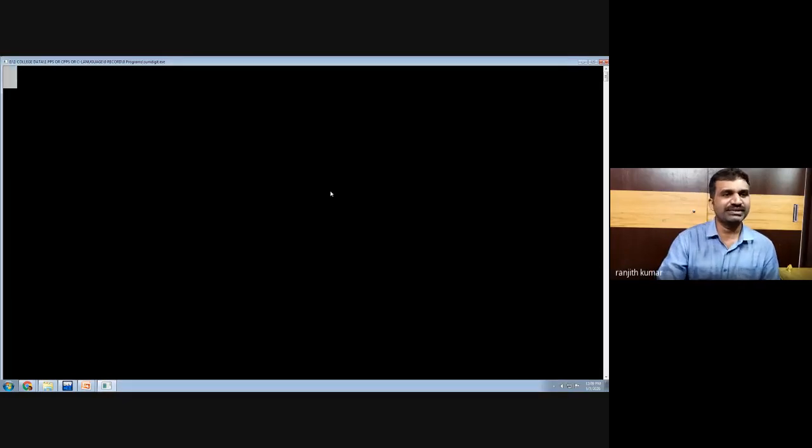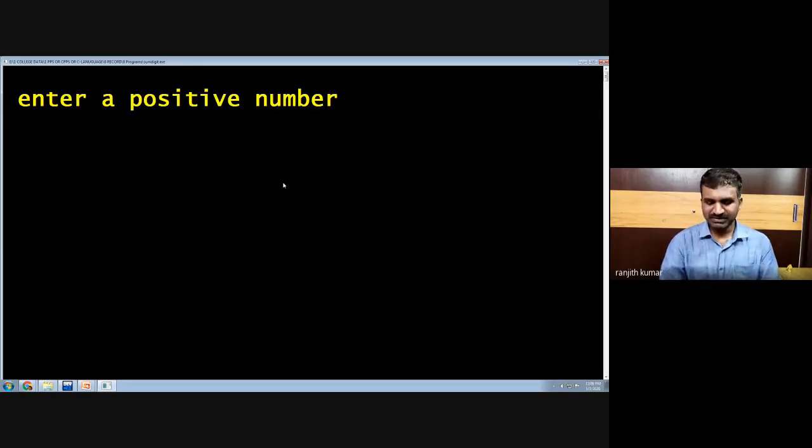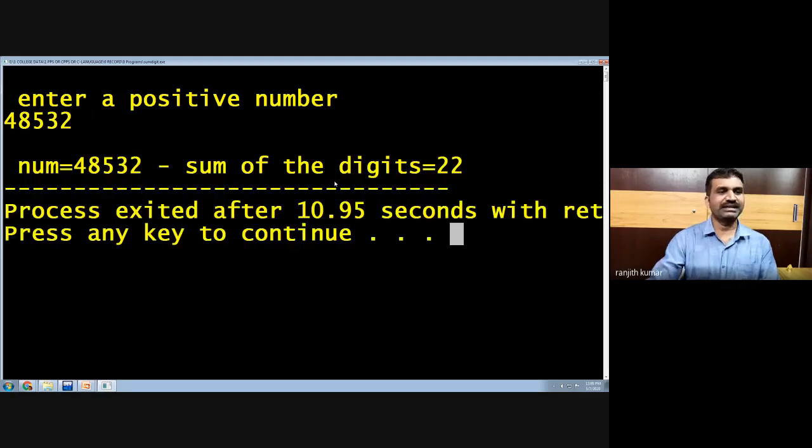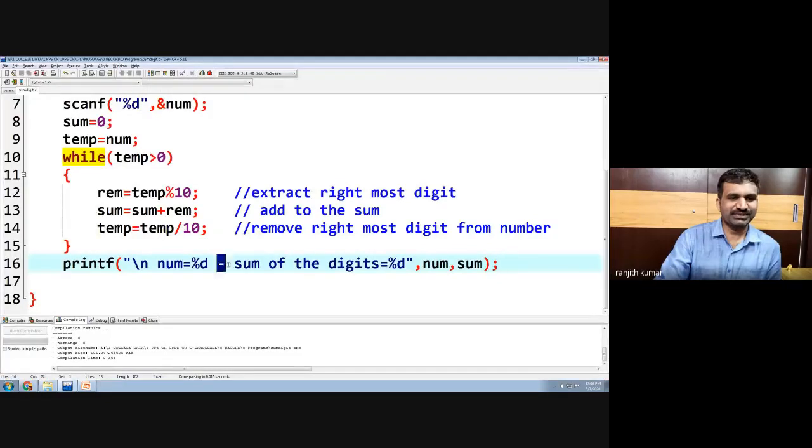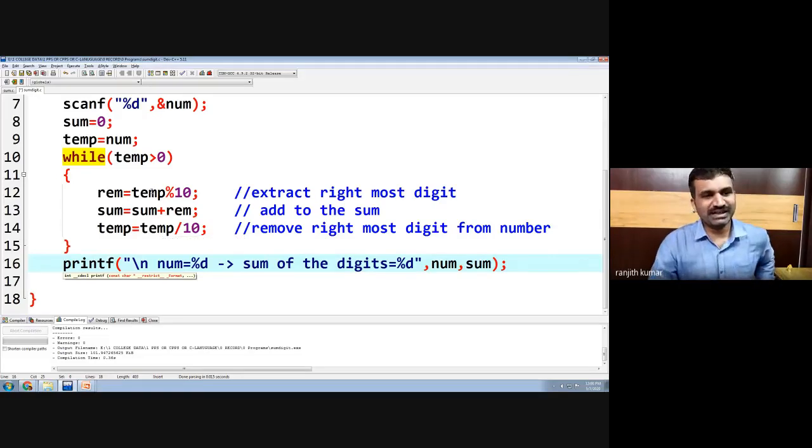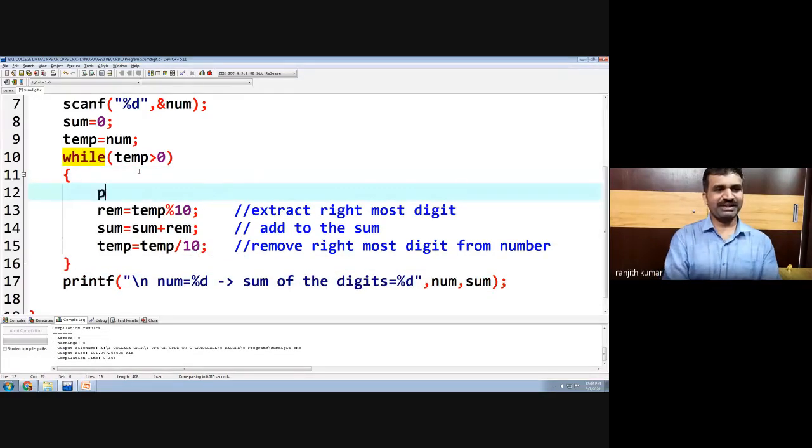If you see the output, we enter a positive number, where we are entering 48,532. The number is 48,532, and the sum of the digits is 22. Are we clear? If you want to see the output step by step, you can add one printf statement where we print the number as well as the sum, so that we can see what is happening.